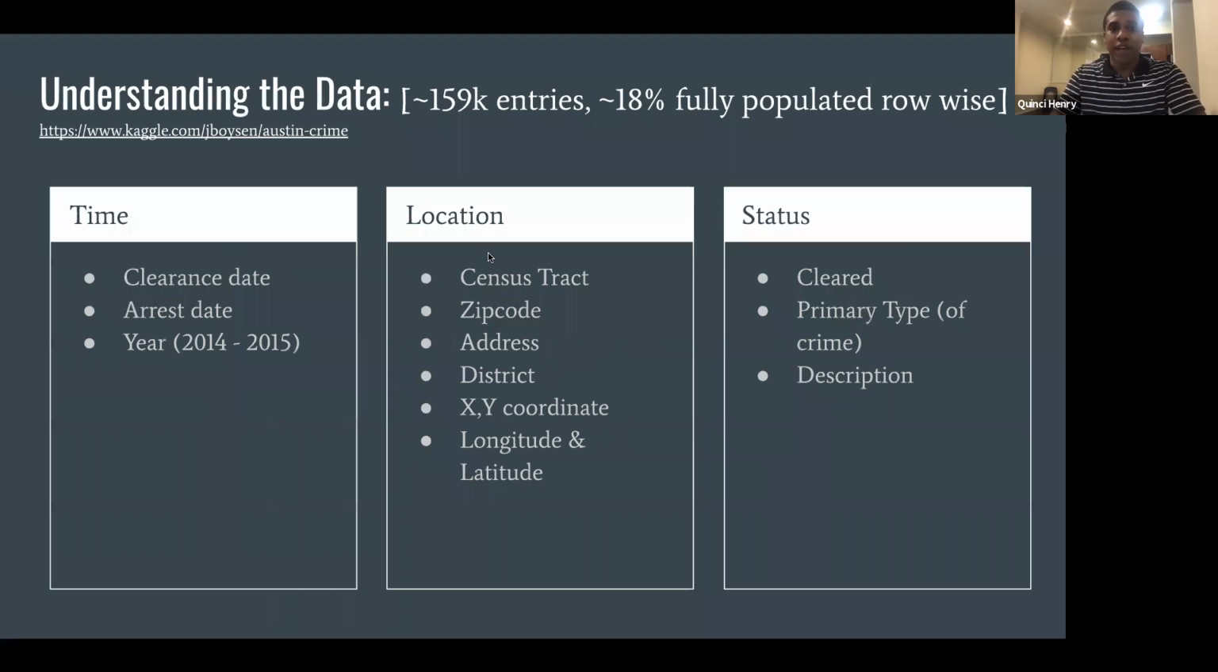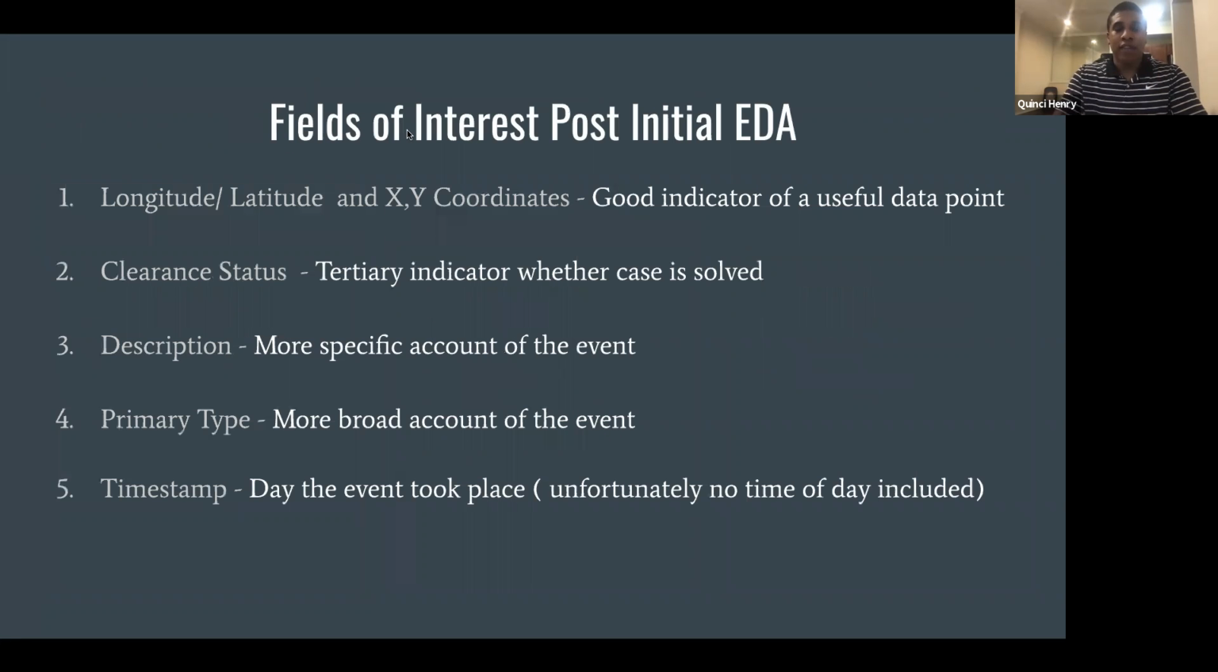So this is the data we have. We have 159,000 entries. It's not very well populated, but the features are split into three categories. You've got time data, you've got location data, and you've got something that logs the status of the crime. So I did some initial EDA on this set, and these are the fields of interest after that EDA,